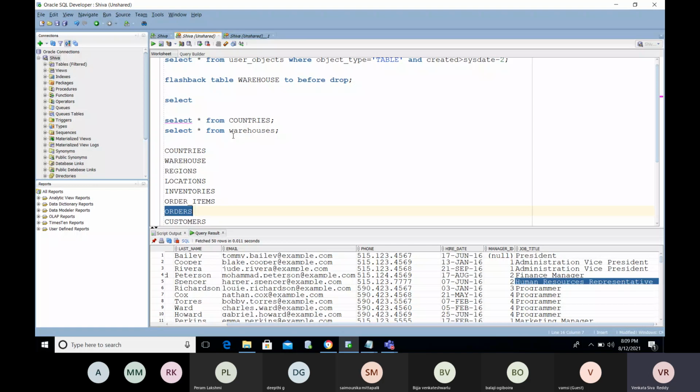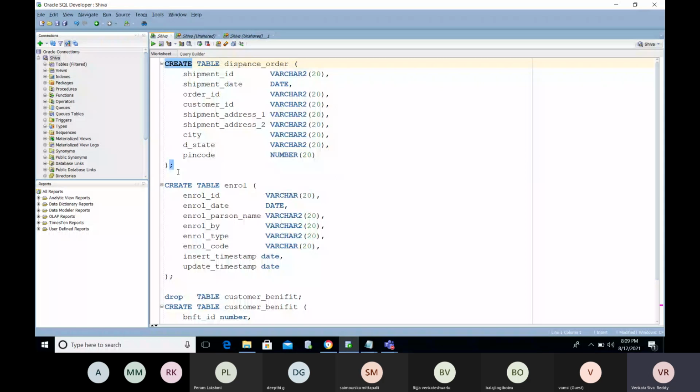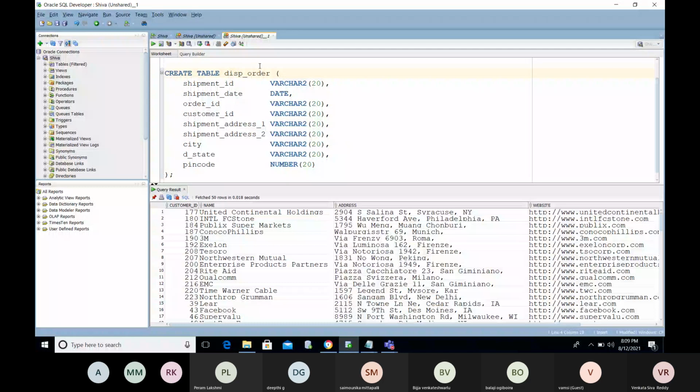So I'm going to create another table, like status info.